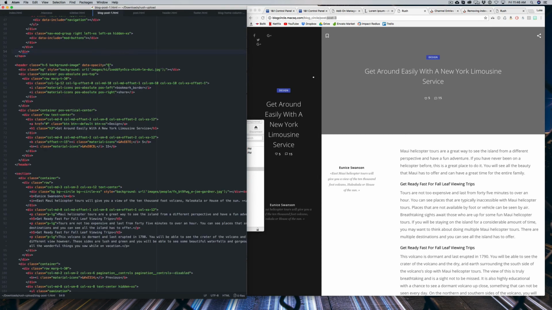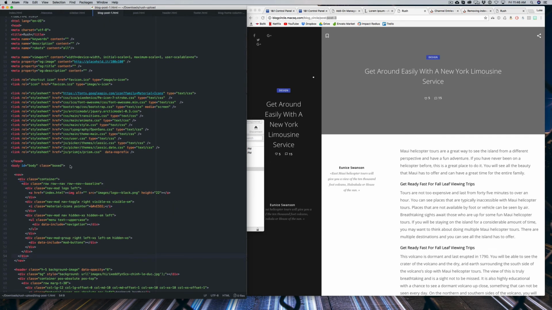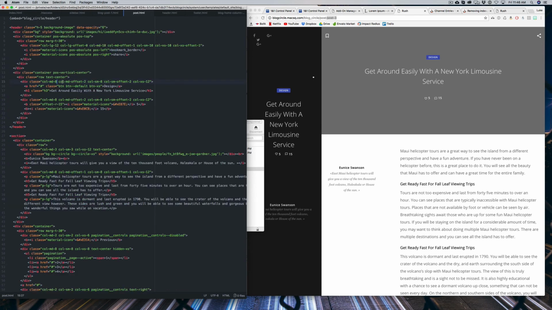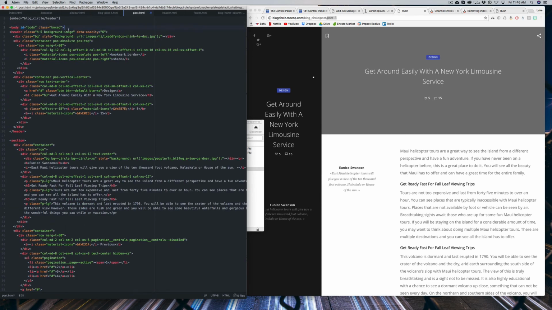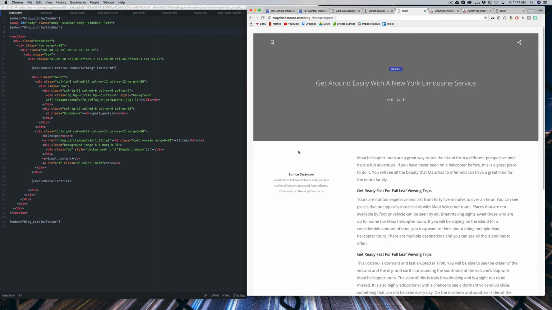And then we're going to go to blog post 1.html or whichever version you're using, and just copy this body tag and paste it in above our post, just beneath the header. So hopefully that makes sense. We have our header coming in and then the body tag, but no sidebar. But if we go back to our homepage on the index.html, we have the header with the body tag, but then we also have the sidebar. So now if we refresh our page, we have a full width blog post,